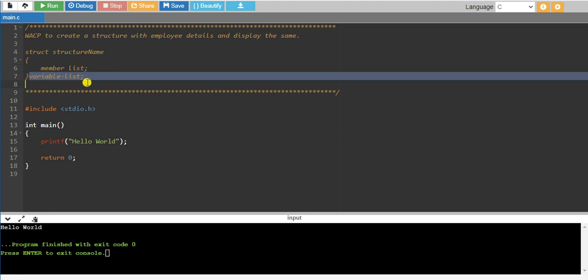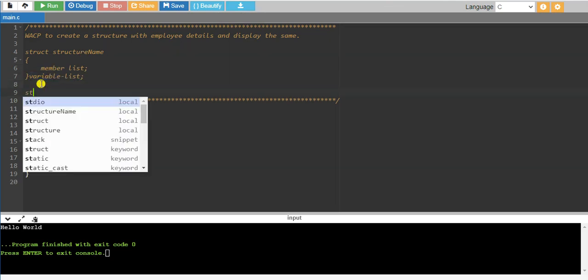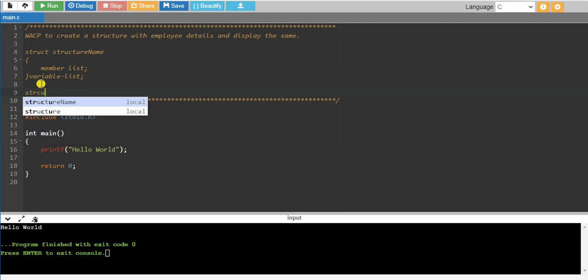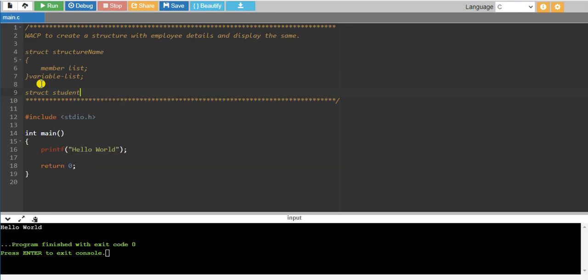If you want to declare a structure, for example, struct student, as an example.